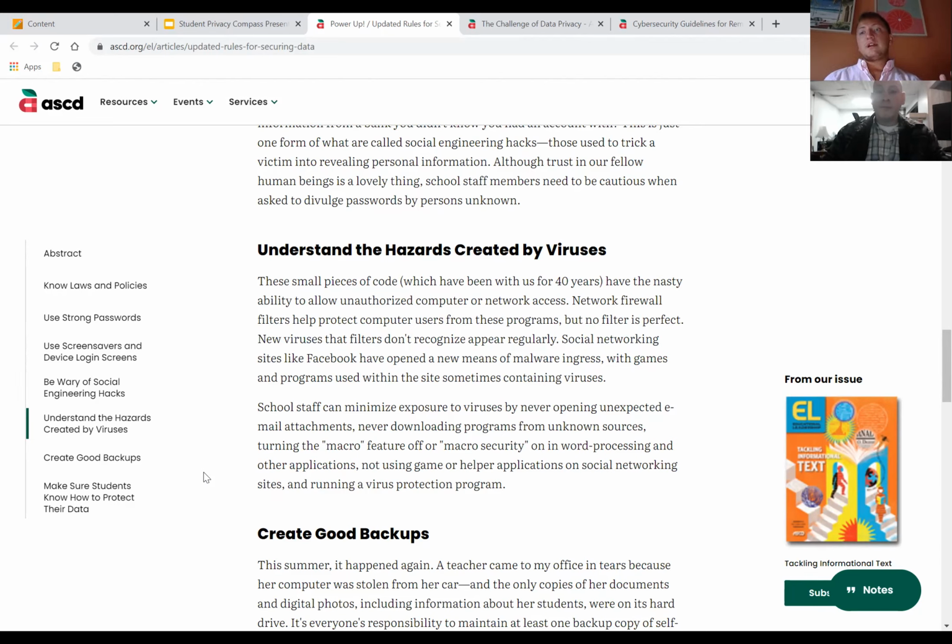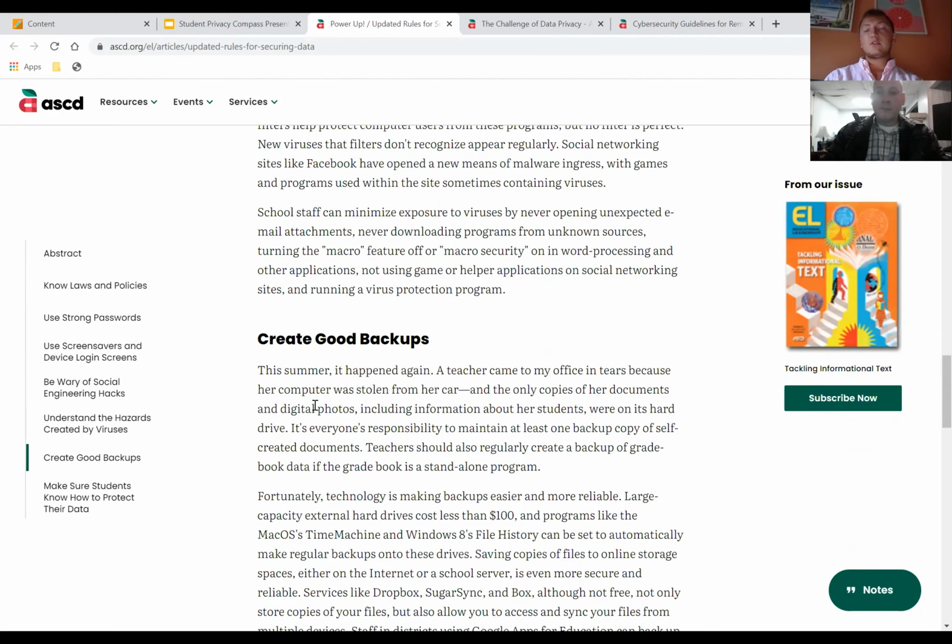That was not good. We had to go to court to get our information back. Luckily, nothing was compromised because it was all very sensitive information, but you just have to be very wary of what you're clicking on and making sure that you can trust the sources that you're on online and create good backups. So most teachers have so many things saved onto their computer, onto their desktops, onto their folders, but it's always a good idea to have backups in case anything technical happens, or in the case that your